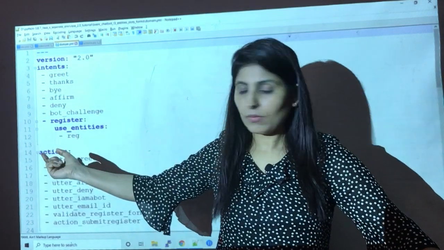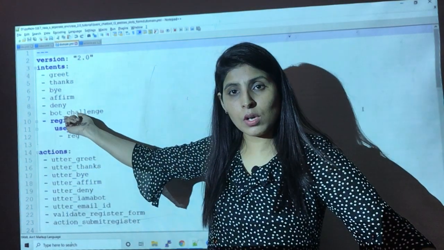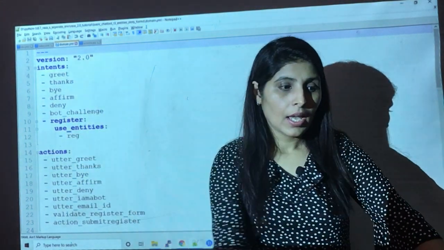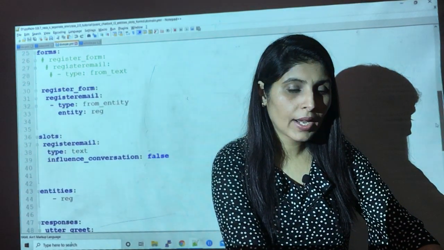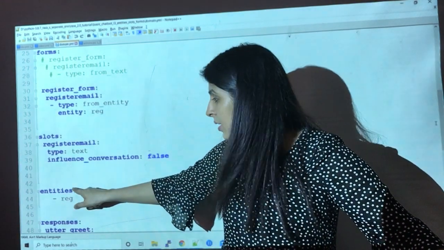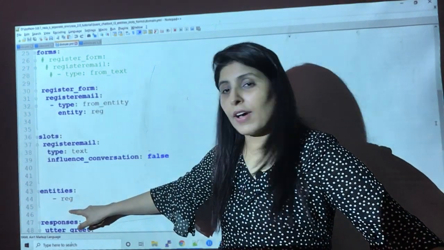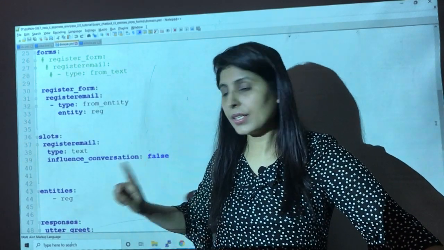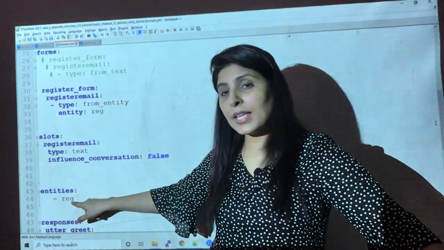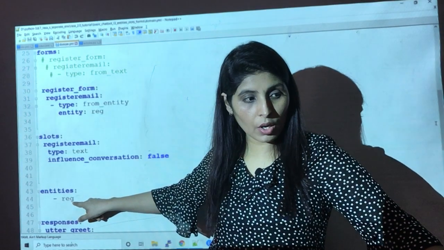This entity belongs to this particular intent, and you have to do one more extra thing: entities. Under entities, you need to define all the entities which you are creating. We have only one entity, so I'm writing entities, and under that the entity name.